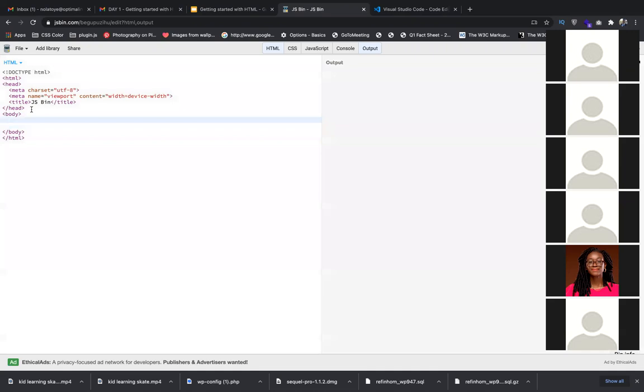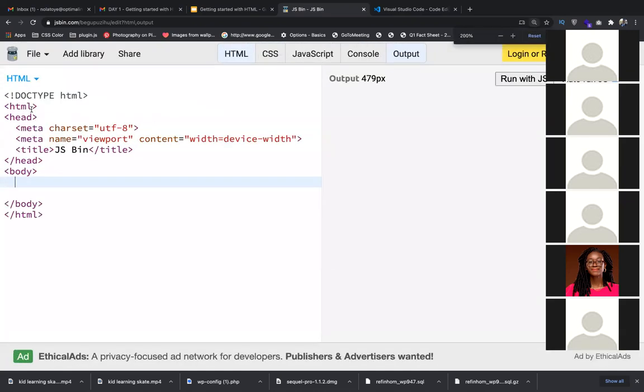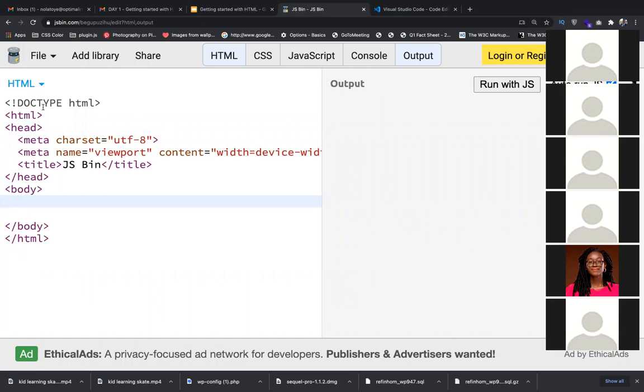Now, let me see if I can zoom closer. Yes, I think it's possible. So for you to declare an HTML, let's assume you want to declare an HTML through the VS Code. Always know that every HTML will be saved with the .html extension. You can think about it as the way you have JPEG files on your laptop, maybe an image tag, or something like .mp4, which is for video. So for you to save a file as an HTML and to be recognized as such, you need to save it with